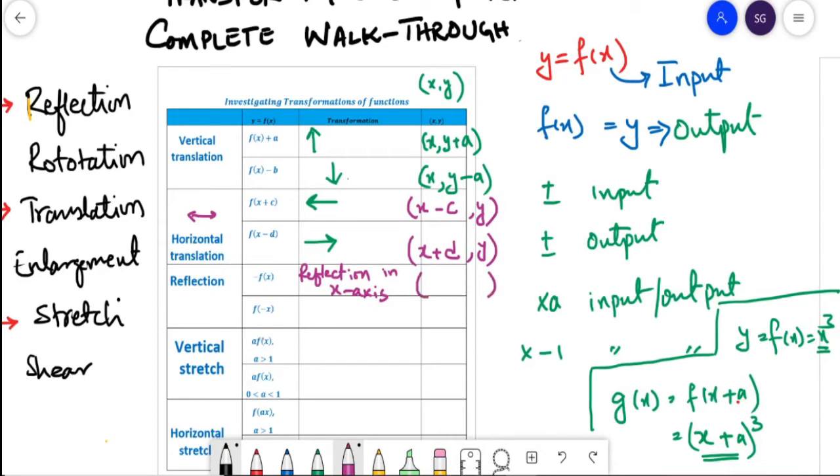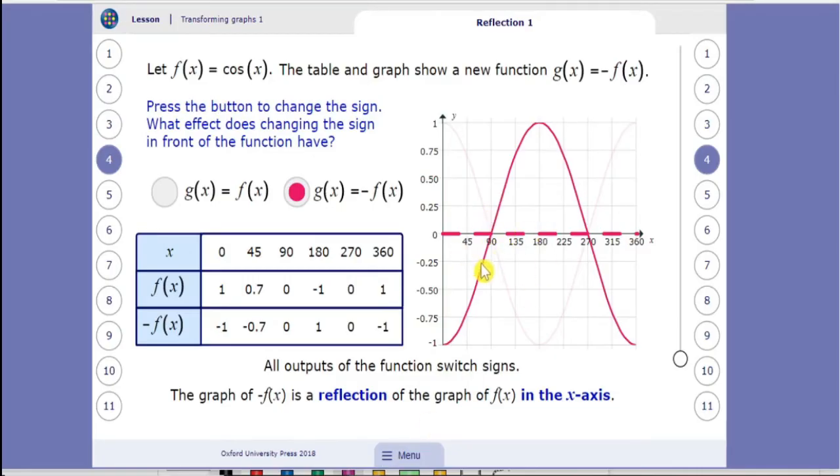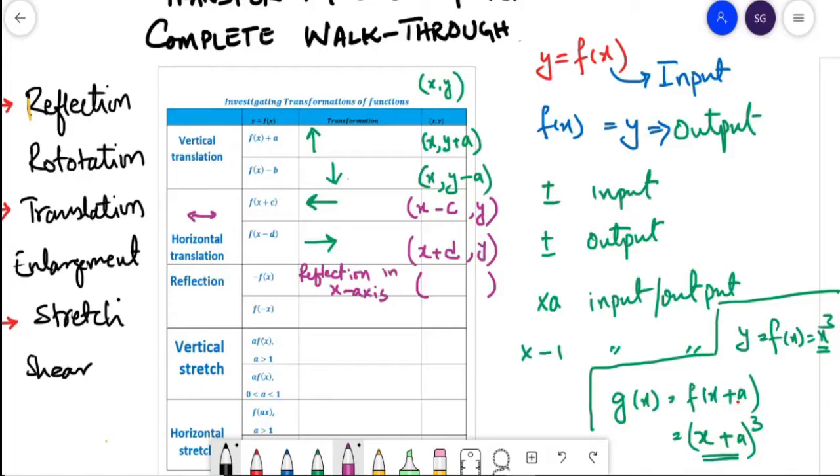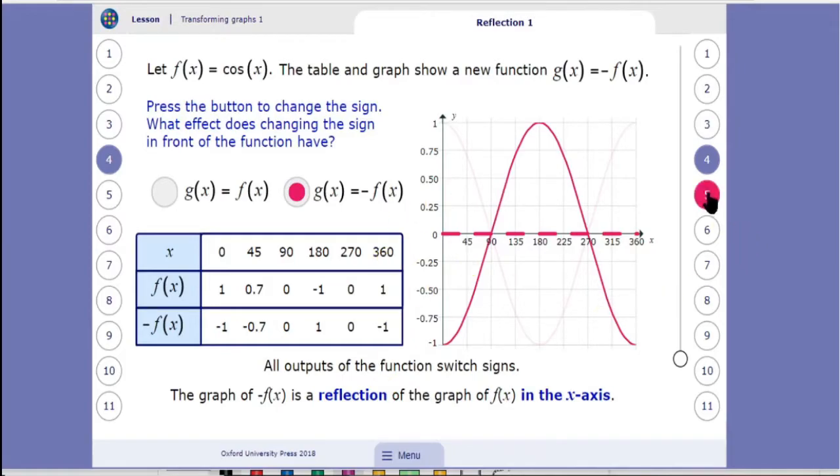You can see from here that the x values don't change. You are using the same x values, but just a reverse in sign of the y values. So x and y values are reversed in sign. Let's see the other case when f of minus x means you're reversing the sign of the input. So